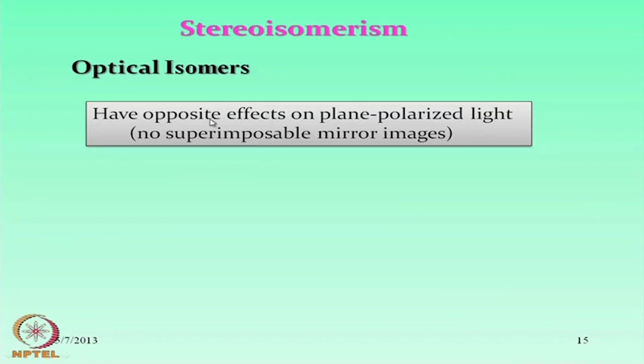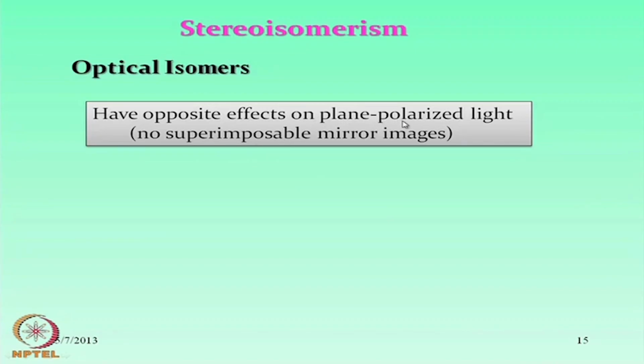So optical isomers can have opposite effects on plane polarized light. That means one particular isomer can rotate the plane of polarization in one direction, and the other isomer can rotate